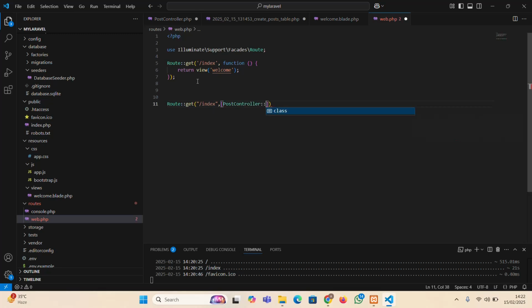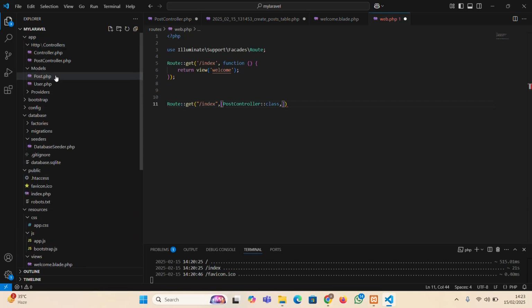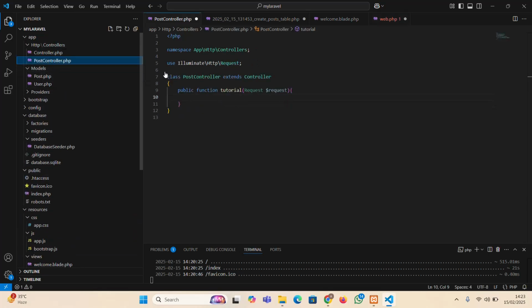So then, the function that I want to use inside this controller. Let me call the function. Let me come here, post controller. Do I have any function? Okay, tutorial. Let me call this